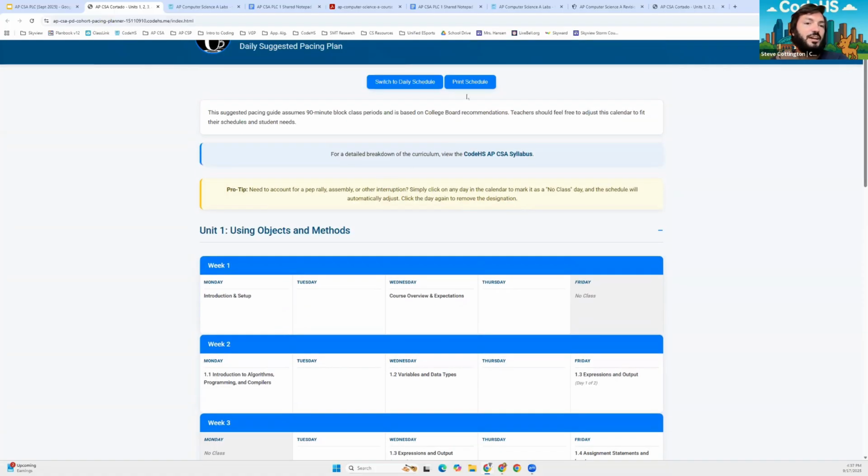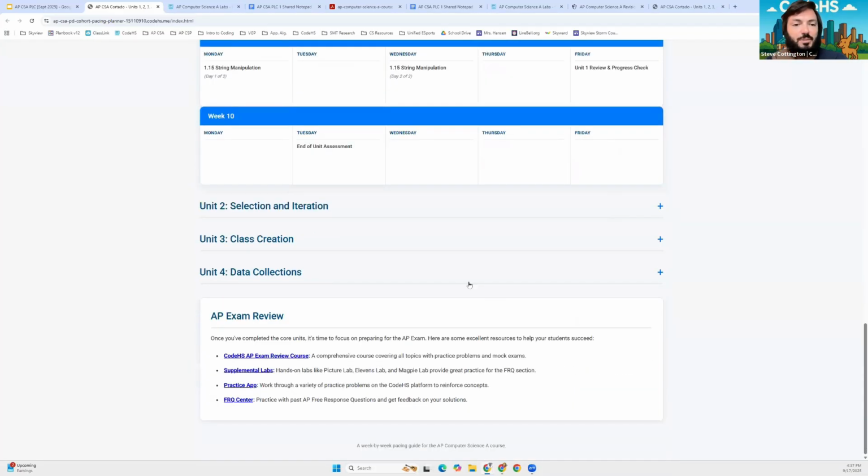And a lot of the other stuff that Kim pointed out, we linked down at the bottom as well, trying to make a one-stop shop for you of a lot of the resources. So definitely use it. Again, it's synced directly up to College Board's recommendations. All we did was make it a more one-page, user-friendly version. It's the same recommendations College Board's going to give you. And as Kim said, our lessons are linked to their lessons, so their pacing would apply to our pacing as well. Perfect. And that exam review course is handy. So having these resources at the bottom is nice.